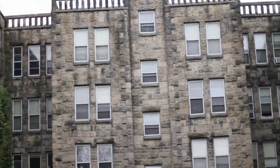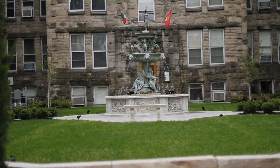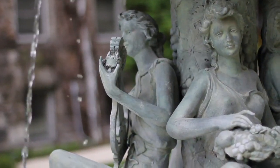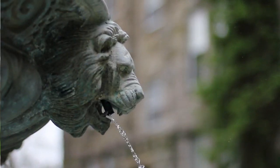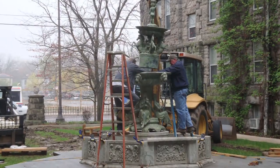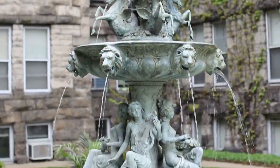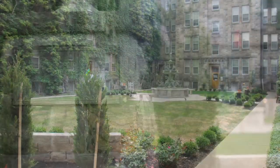And the sound that it creates, a quiet, peaceful atmosphere here in the area, not just for our residents, but also the passersby. Nick found an importer in Miami, Florida, and that was a challenge too, to coordinate getting that fountain and pool shipped here to Columbus, and having it stored until we were ready to do the actual construction. In addition to the fountain and pool, the project included a complete landscape transformation, incorporating sitting areas and